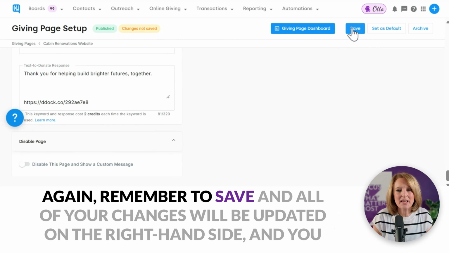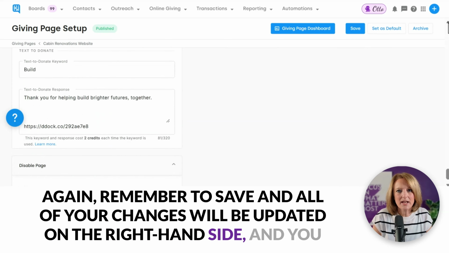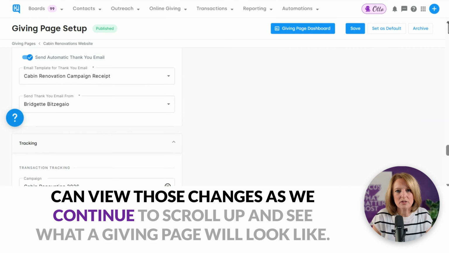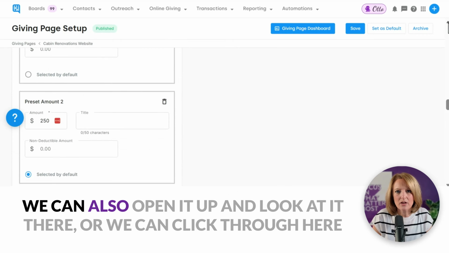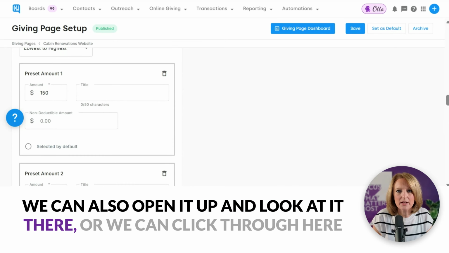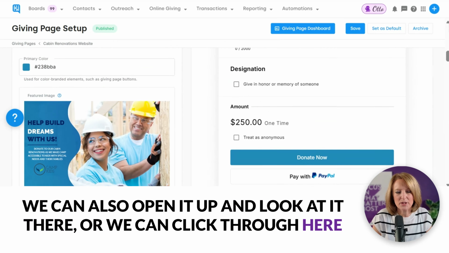Again, remember to save and all of your changes will be updated on the right-hand side. And you can view those changes as we continue to scroll up and see what a giving page will look like. We can also open it up and look at it there, or we can click through here. Once you've